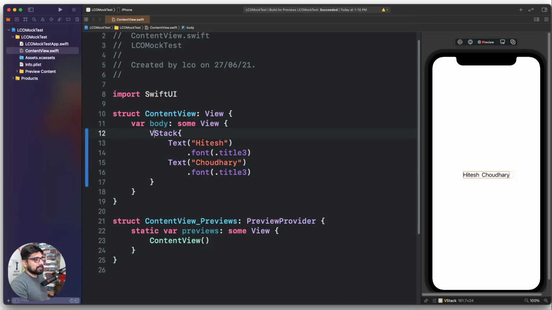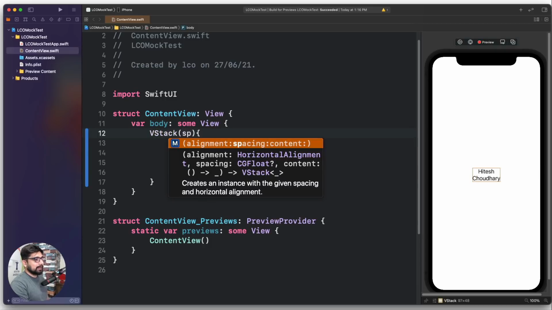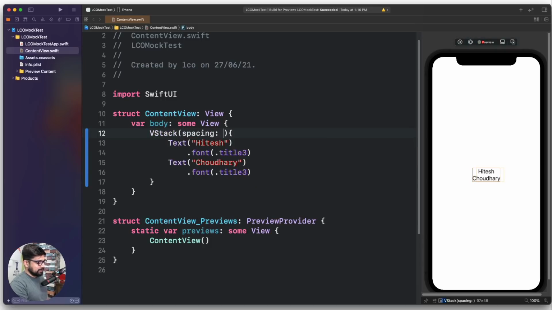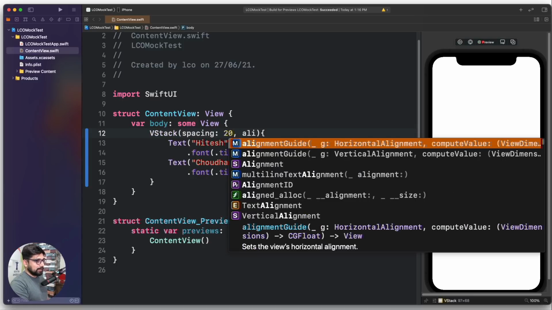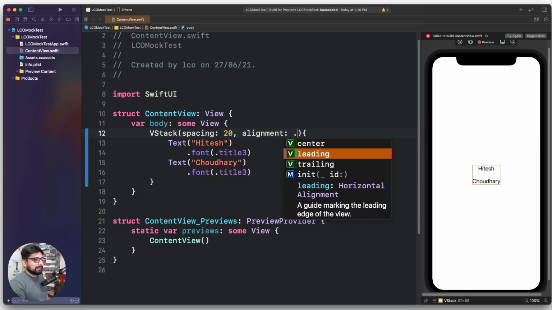There is another stack which is VStack, which automatically moves things from top to bottom vertically. There is also a ZStack which actually overlaps things, so there are different properties associated with them. And there are some hidden things given to you with these stacks as well. For example, all these HStack and VStack take parameters as well, and you can go ahead and define spacing to them. So for example, you want to go for 20 spacing, so you get the idea, it gives you more spacing. There are a little bit of alignments given to you, so you can go ahead and say alignment, and as soon as you put a dot, leading,